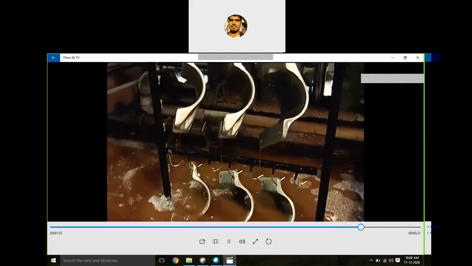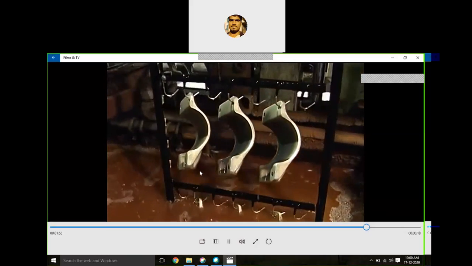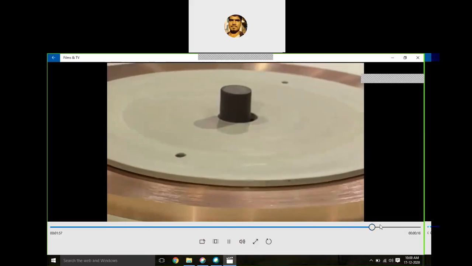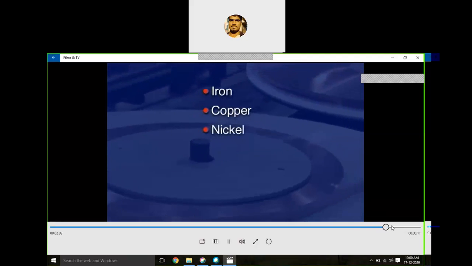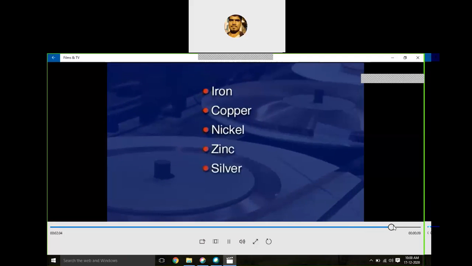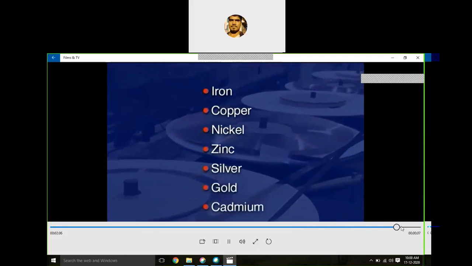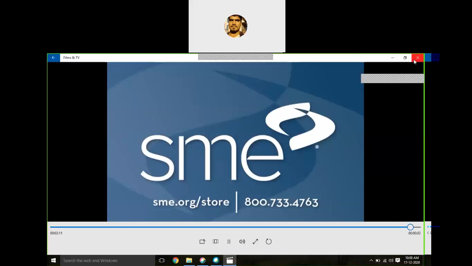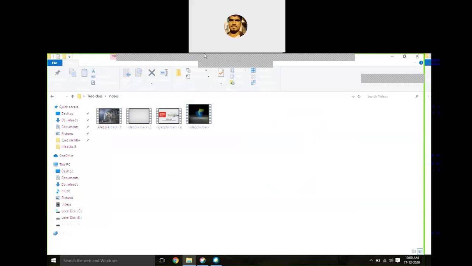You can observe the difference. Okay, with this, I'm going to